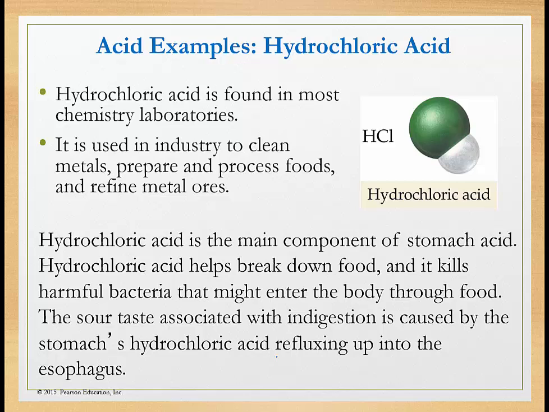What are some examples of acids that you might be familiar with? Well, probably the most common acid found in a chemistry laboratory is going to be hydrochloric acid. Hydrochloric acid is used for many things. It's used in industry for cleaning metals. It's used as part of food prep and food processing. It's used for the refining of metal ores. It's used for cleaning things other than metal. It's used a lot. Hydrochloric acid is also something you carry with you every day because it's the main component